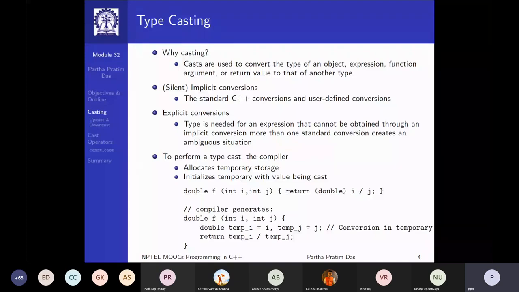So always remember that casting is not a kind of a passive phenomenon. It is not a data re-representation. It is actually a computation. So it can always be thought of in terms of a function. It helps to think of it in terms of a function. Now that function could be inline, that function could be implicitly invoked, that function could be explicitly invoked, but it is